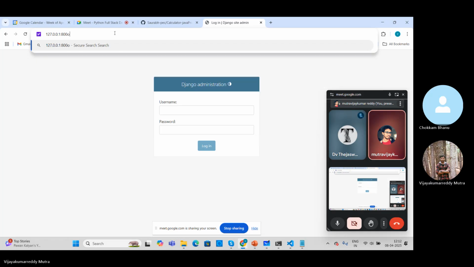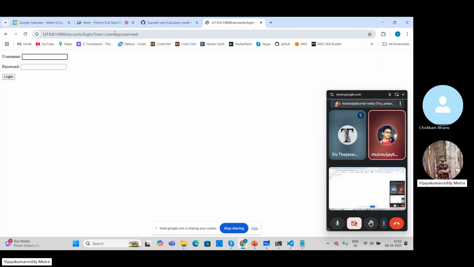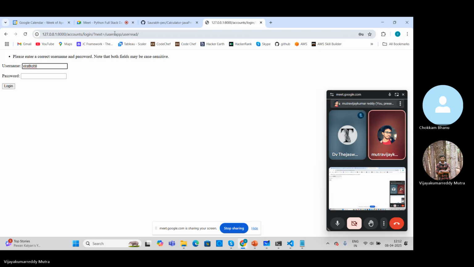Slash users read, right? Okay, this one. Suppose there is no user. I will just give Virat Kohli. It doesn't have any name. The user has, right? So that's why it is throwing an error, doesn't have any access. So if I simply pass my son's name, Shanmukh, which I created yesterday,